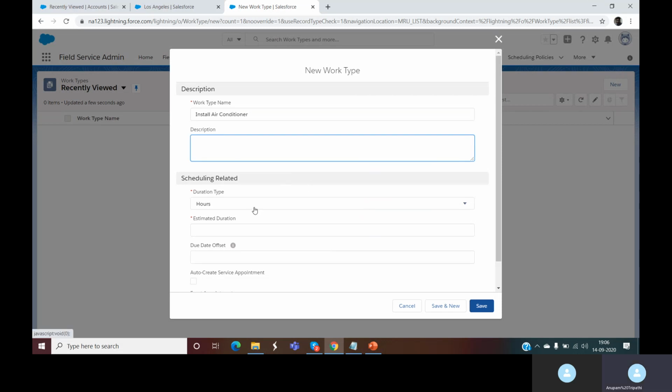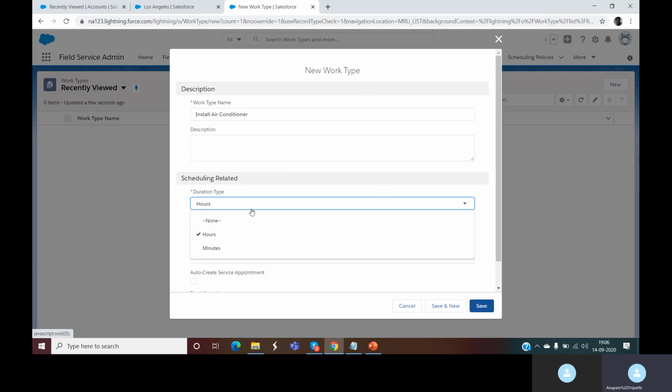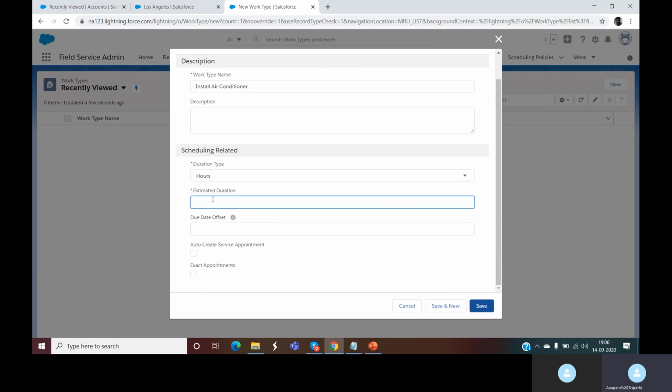I want to track duration in hours because it basically asks how much time it will take to install an AC. I cannot track it in minutes, but I want to track it in hours. So it gives you two options. What is the estimated duration? I can say that the installation for the AC may require around 5 hours. So I can give 5 hours.